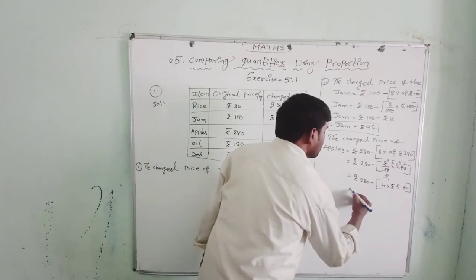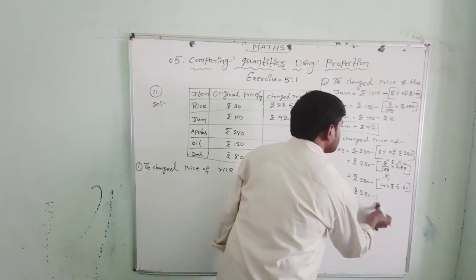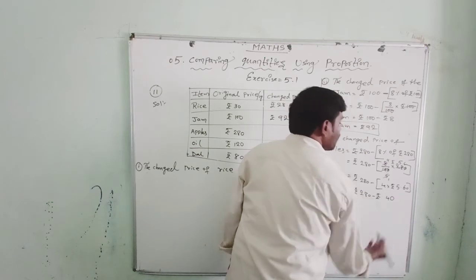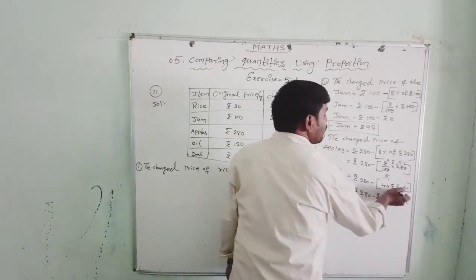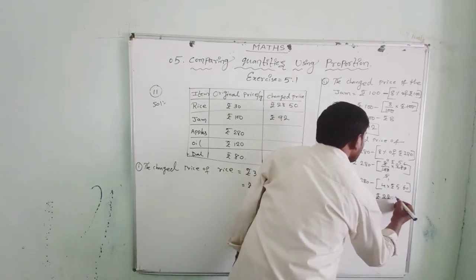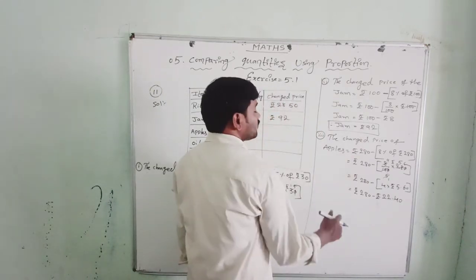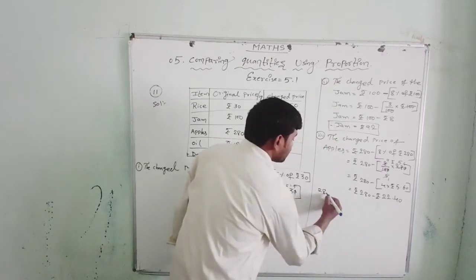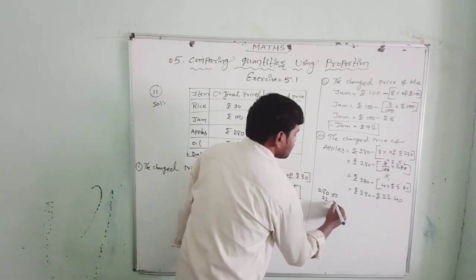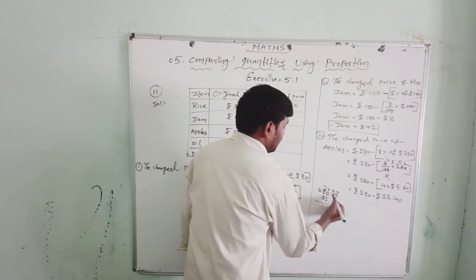Now you multiply this. Rupees 280 minus rupees 400, 4 sixes are 24, 2 carry, 4 fives are 20 plus 2, 22, 22 rupees 40 paisa. You subtract 22 rupees 40 paisa from 280. From 280 rupees, we have to subtract 22 rupees 40 paisa. Simple.